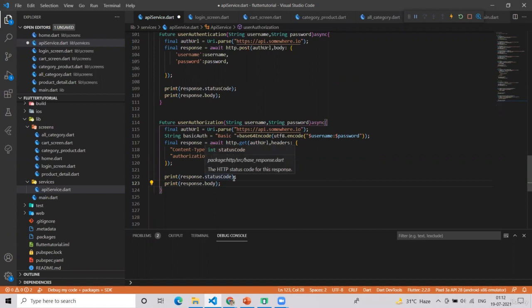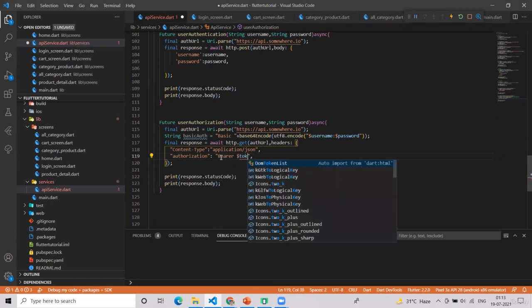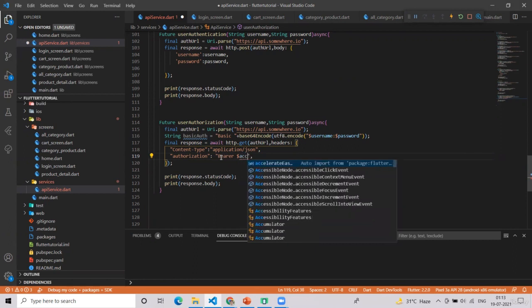Nothing much. Only in the authorization you have this bearer keyword and the token value. That is access token, suppose.